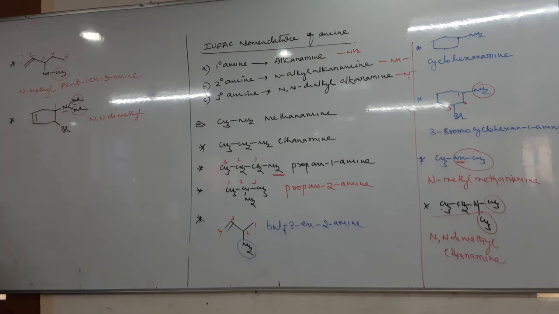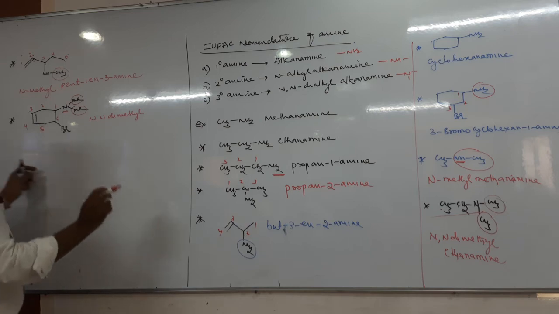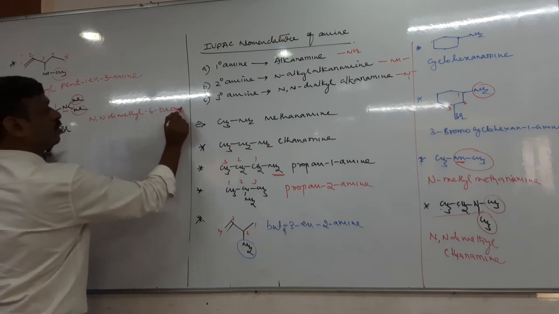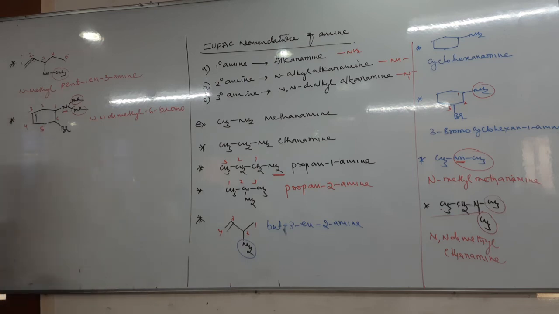So does the double bond get first priority or bromine? Double bond. Okay, therefore 2, 3, this is correct. Then 4, 5, 6. N comma N dimethyl 6 bromo